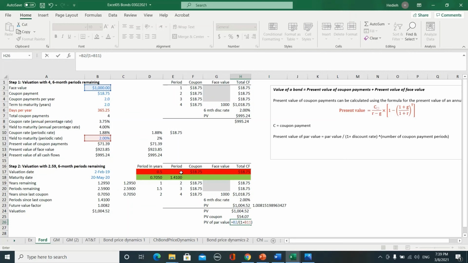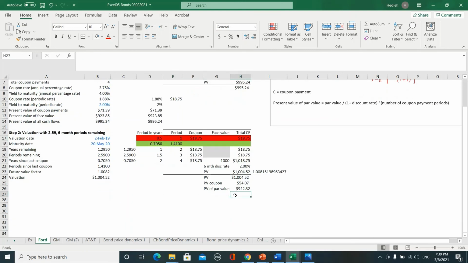So now it is in period 4, right? So you should take it back for 1, 2, 3 periods. So to the power of 4 minus 1. So this is the present value of your par value in period 1. Now if you add these together,